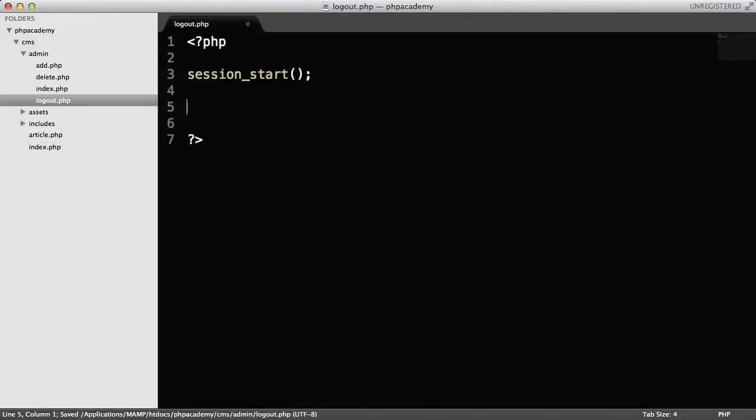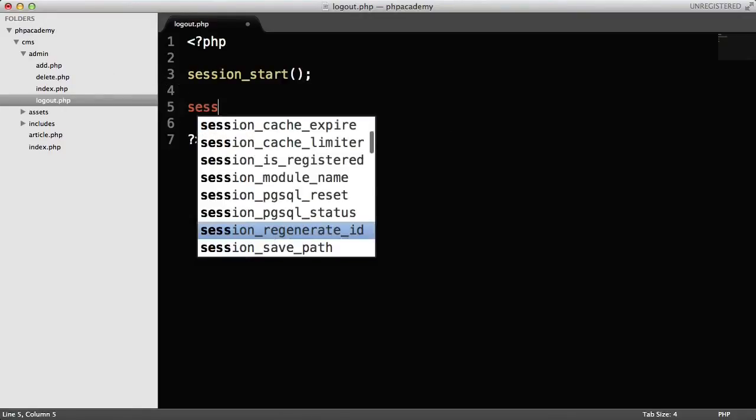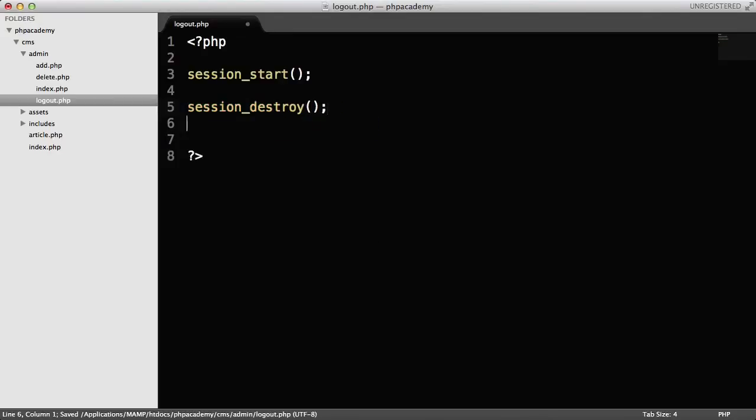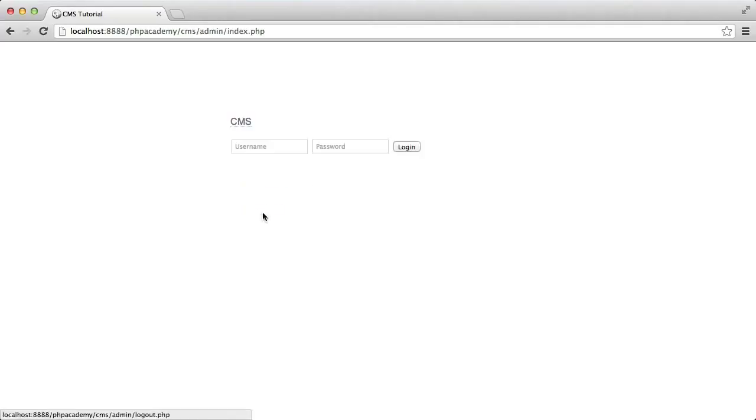We don't need to connect to the database though, so we don't need to include our connection file. We're just going to say session destroy, and then we will redirect the user to index.php. So if we click log out, there we go. Now we can log back in, where we can add articles and delete articles,